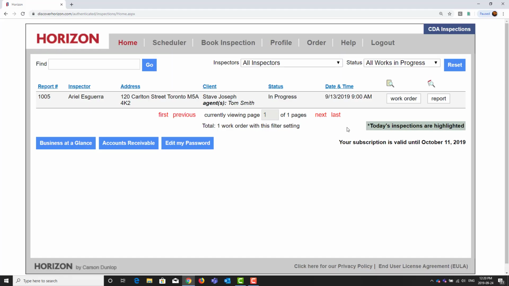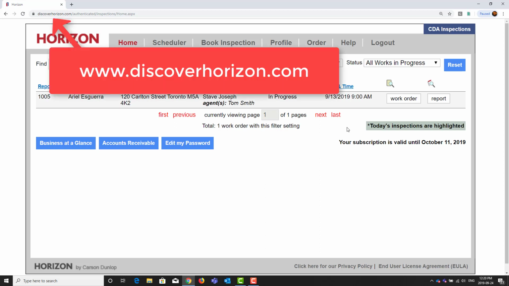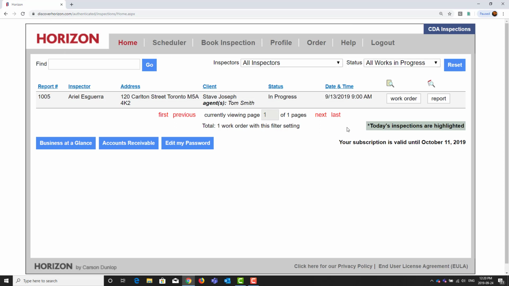In this lesson, we'll cover how to write reports online using the Horizon Cloud at discoverhorizon.com. Some inspectors write the reports from field notes and photos taken during the inspection. Many collect their data in the field using Horizon Mobile. We recommend you watch this video before starting to use the Horizon Mobile app. If you'd prefer to start using Horizon Mobile to collect your data, please skip ahead to the Horizon Mobile video